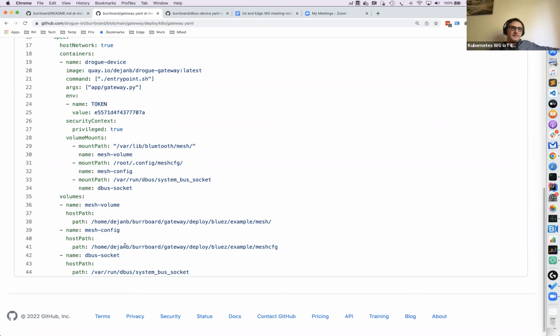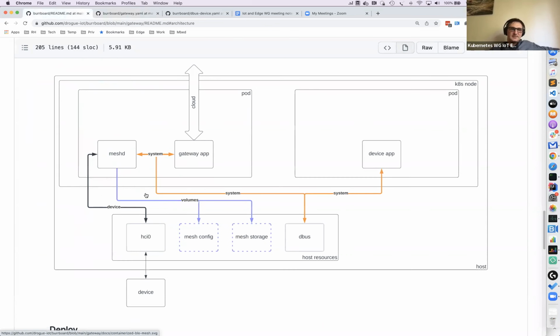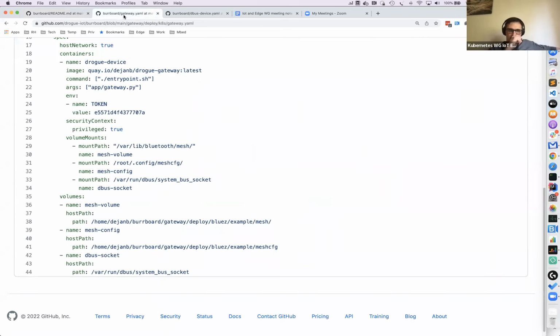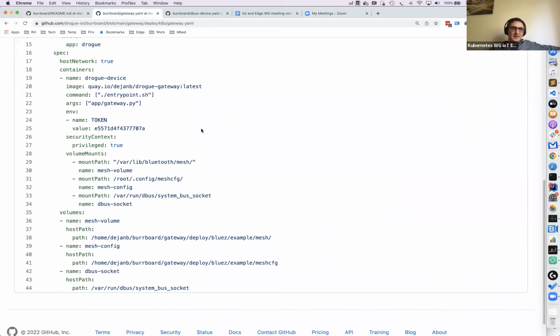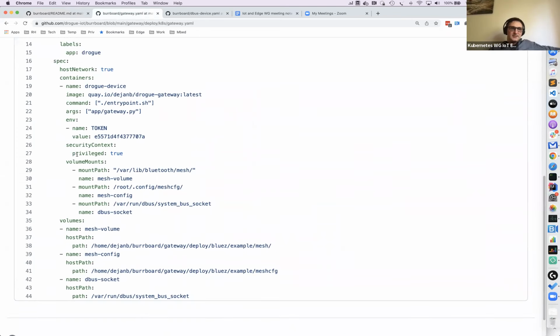But if in the current state of things you want to add a new device, you would need to basically exec into this pod, run the tooling, and start the provisioning, and it will update the state and storage. But there's no API I could use today to do this, and the idea is to develop one. And as you said, Steve, in order to access.